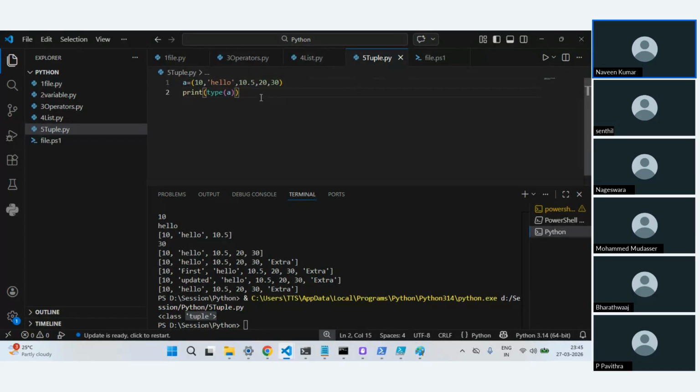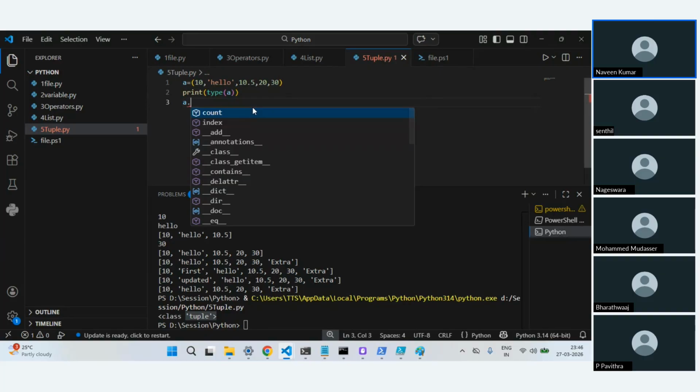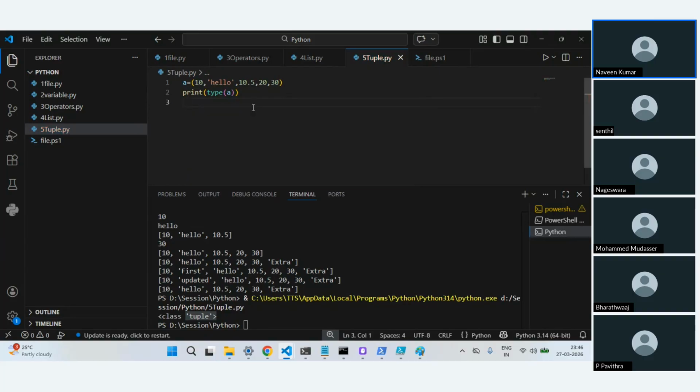But what is the difference, right? You might be thinking, just with a bracket, we are just changing the data type, the data structure. But what benefit do we get, right? So let's see. Now let's say with tuple, you cannot update or modify the data set. Whatever you feed in, that's going to be fixed. That is the main difference. Let's say if I have A of 0, let's try. We'll see if we can update it.